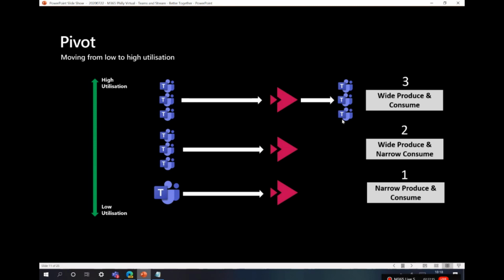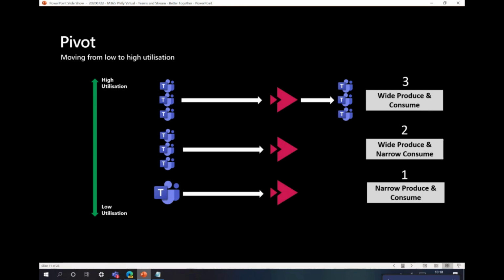That's really key here, because I don't just want to use Teams for storage or to dip into it later on. If there is valuable video in my organization, I want to share it back into Teams. I want the people inside my organization to begin to consume it. So it's not just about wide production, it's also about high consumption. And then we are beginning to start using the two together.